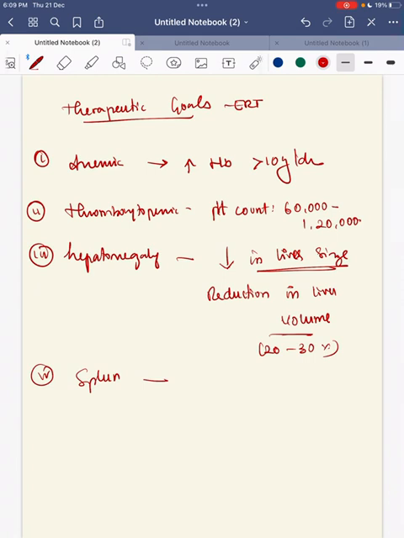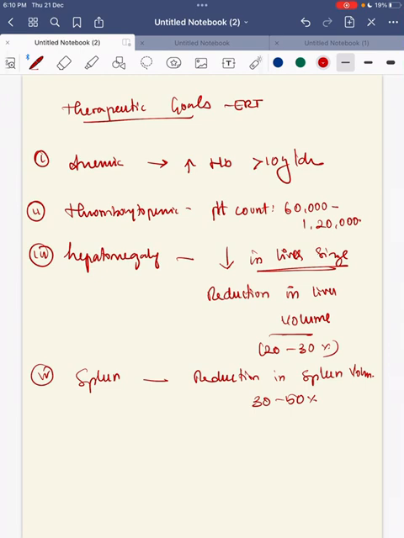You can avoid splenectomy in all patients, plus there will be a reduction in spleen volume by 30 to 50%, and by 50 to 60% also. Plus it can eliminate symptoms such as abdominal distension and early satiety, and splenic infarction can be reduced,